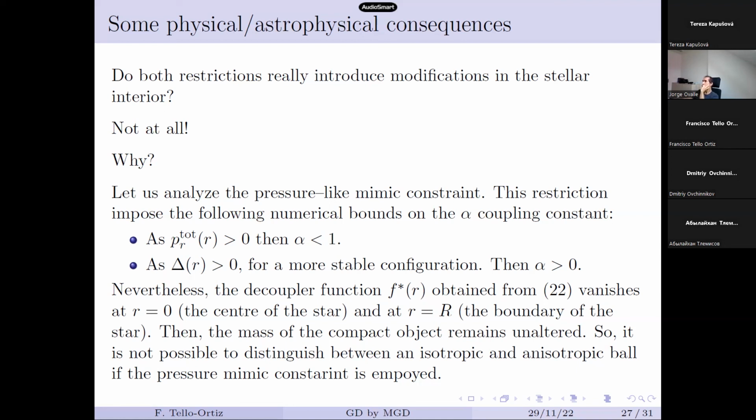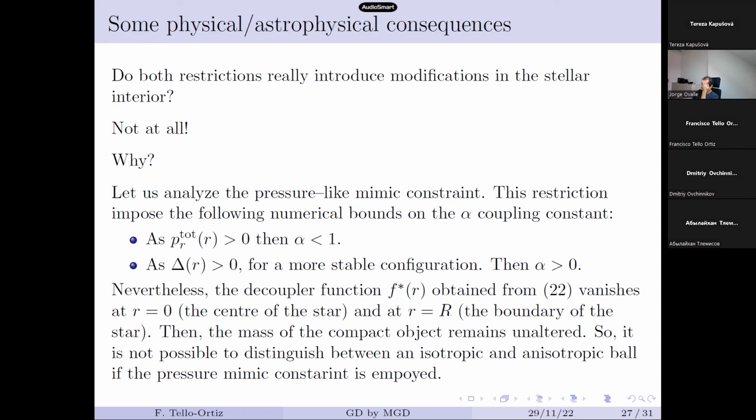You start, for example, for a perfect fluid, and then you suppose you have a second toy model, and you have introduced the anisotropic behavior using the mimic constraint, the pressure mimic constraint, and then you see, okay, let me compare both objects. Let me see if I can detect if this